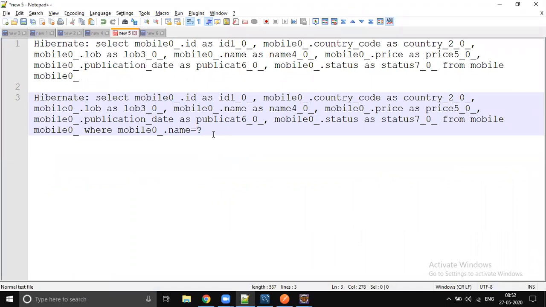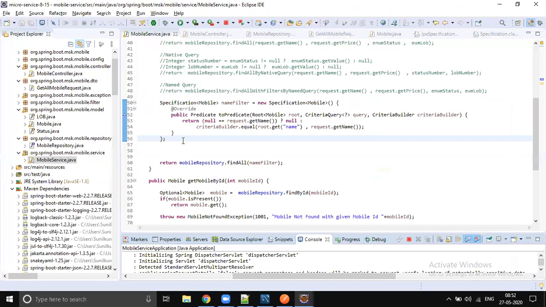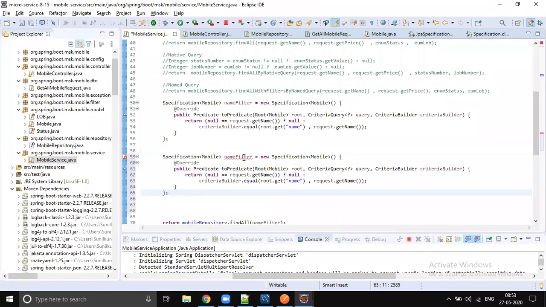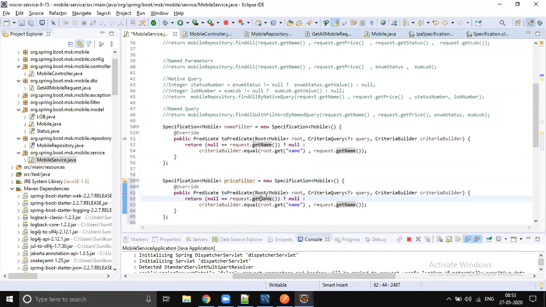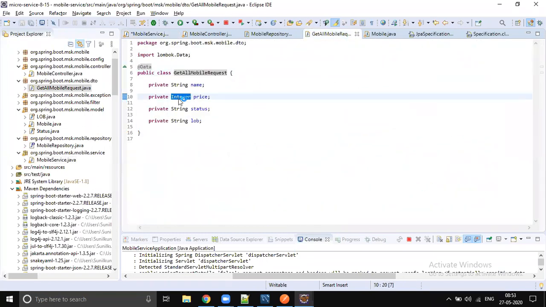So now let's write one more specification for price, right? It is just copy paste. Rename this to price filter, and this has to be applied for price, right? It is actually an int type, so let's change this from Integer to int.